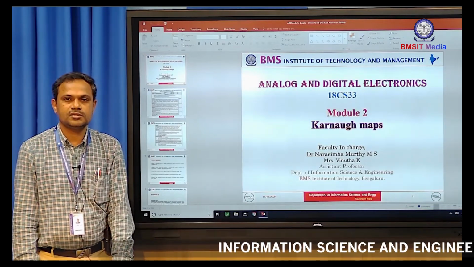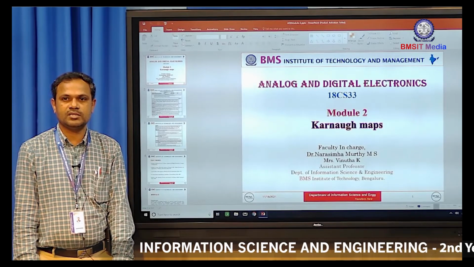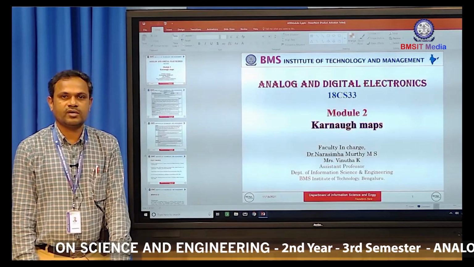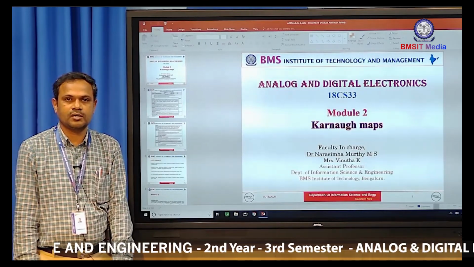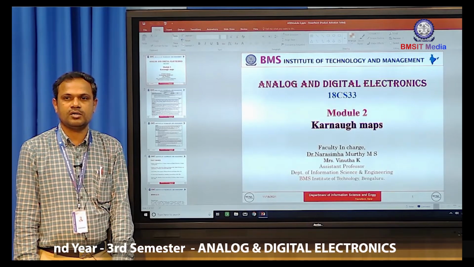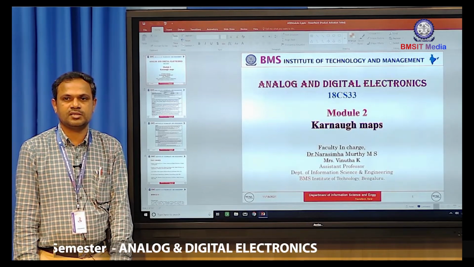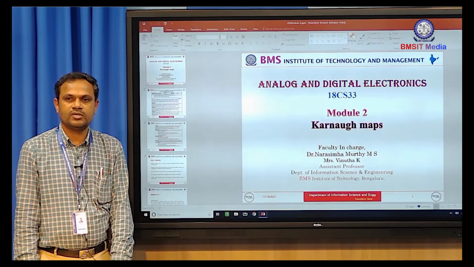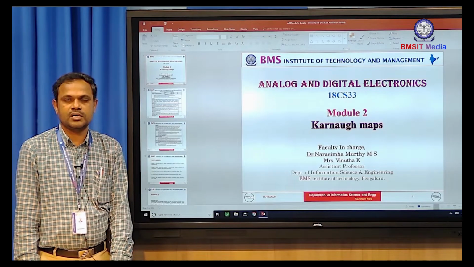This K-map comes in the course called Analog and Digital Electronics for third semester students. As part of the university curriculum, we have this particular course in third semester as a very core subject. So before getting into the K-maps, let us